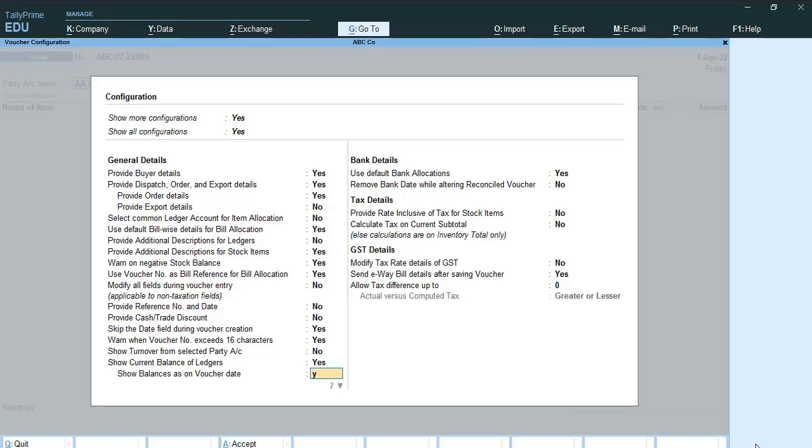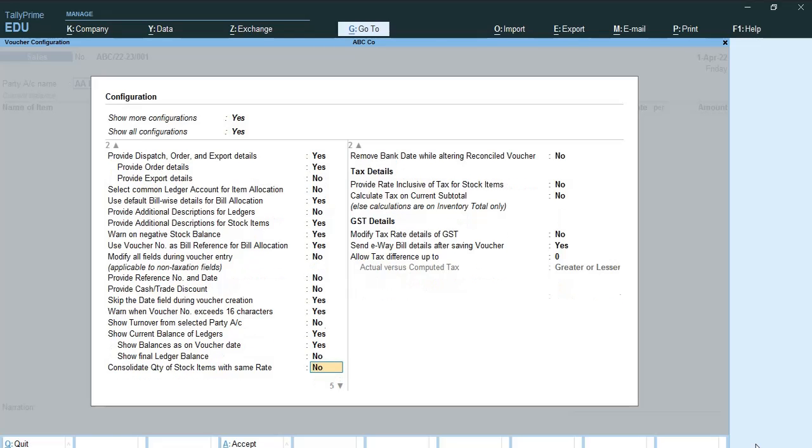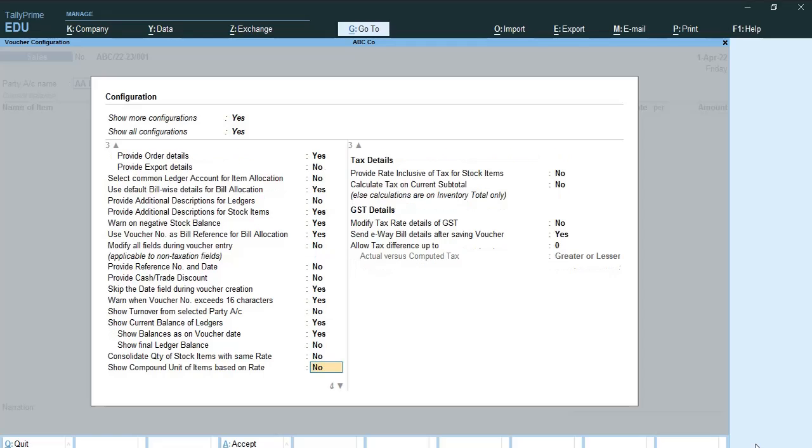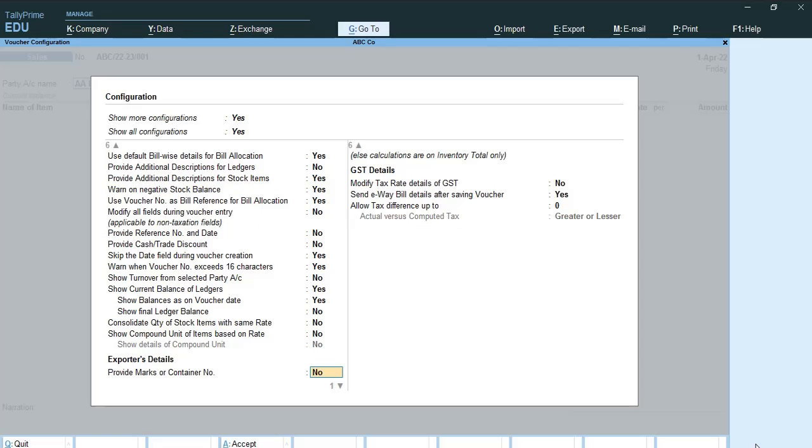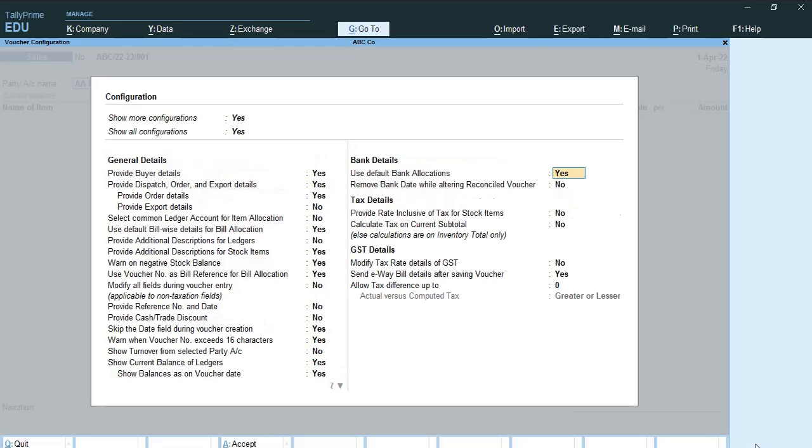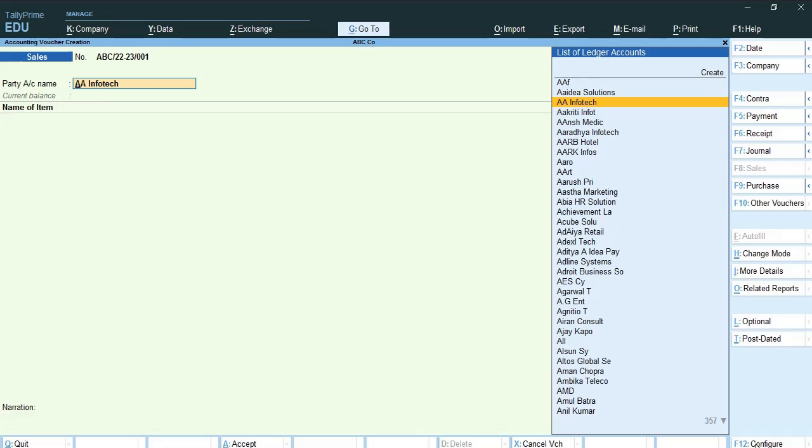Show balance on voucher date, yes. Here we have accept the configuration.